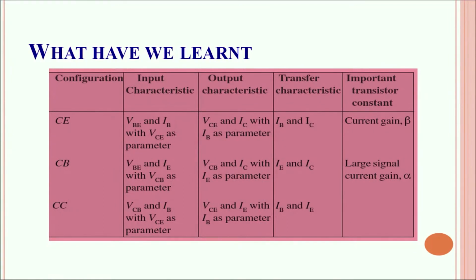Over here, the input characteristics comprise the emitter current plotted as a function of the emitter base voltage, and the output characteristics indicate the emitter current plotted as a function of collector emitter voltage, keeping